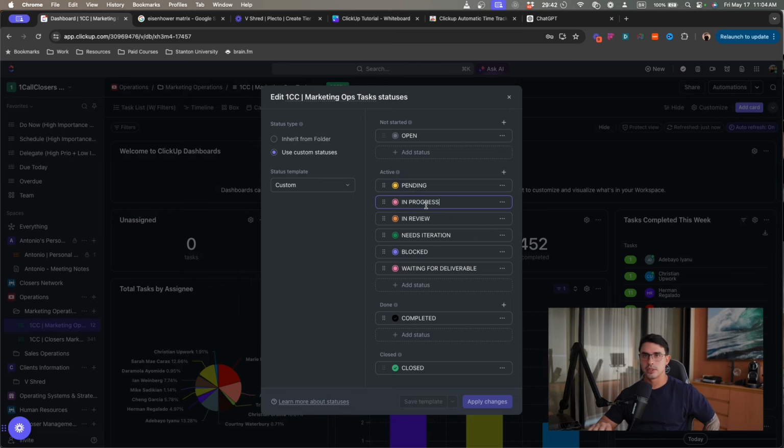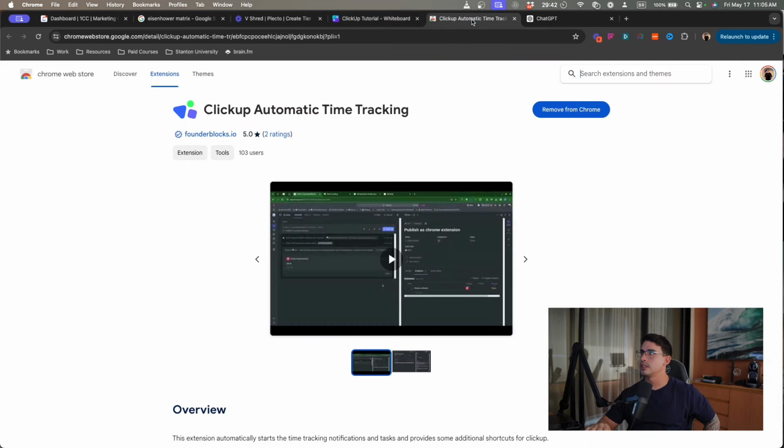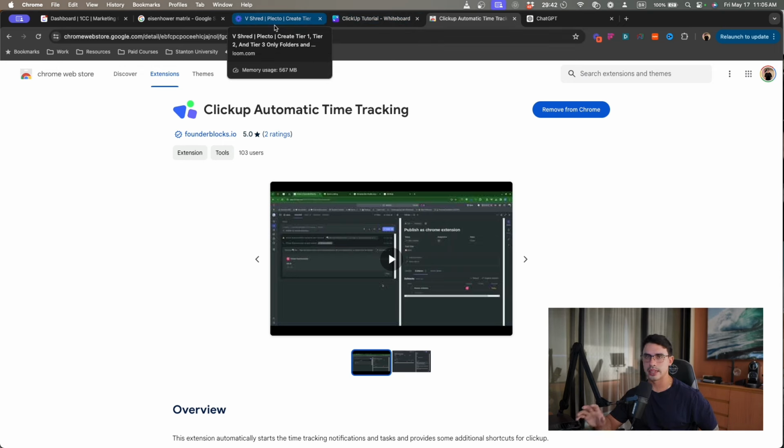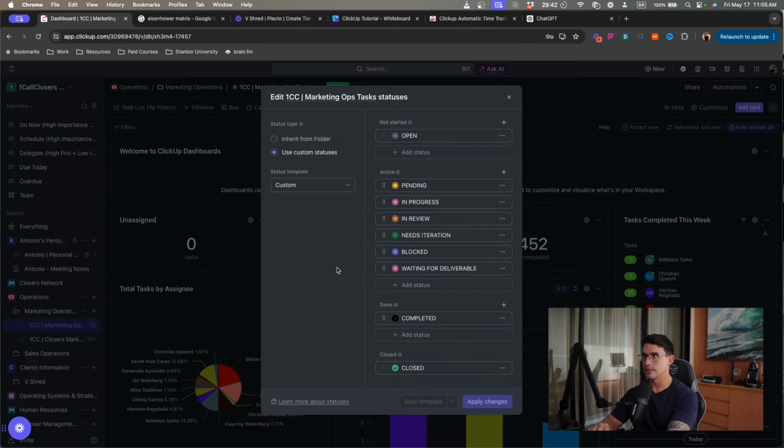This is when the task is in progress. I typically ask my team to track time, and one of the tools that I ask them to use is the ClickUp automatic time tracking. It's free, and basically what it does is whenever you land on a task, you can press Command Shift X to start tracking your time, or it also starts tracking time automatically. So you can have a better understanding of how your team is spending their time and the tasks consuming the highest amount of time. It's not 100% perfect because sometimes people forget to stop the timer, but it's somewhat useful to better understand where your team's efforts are going.